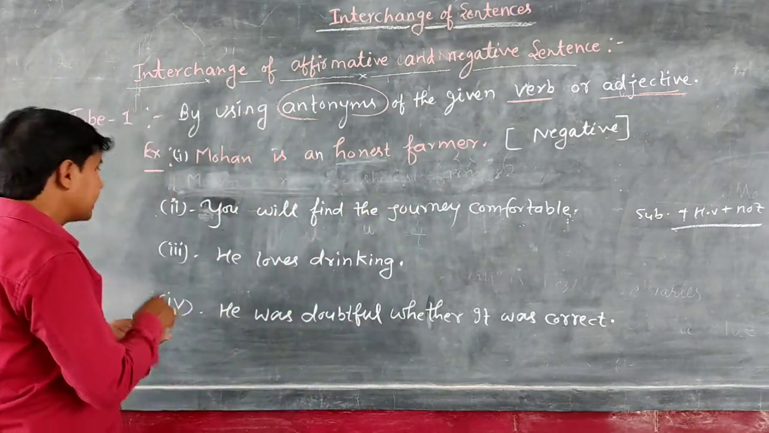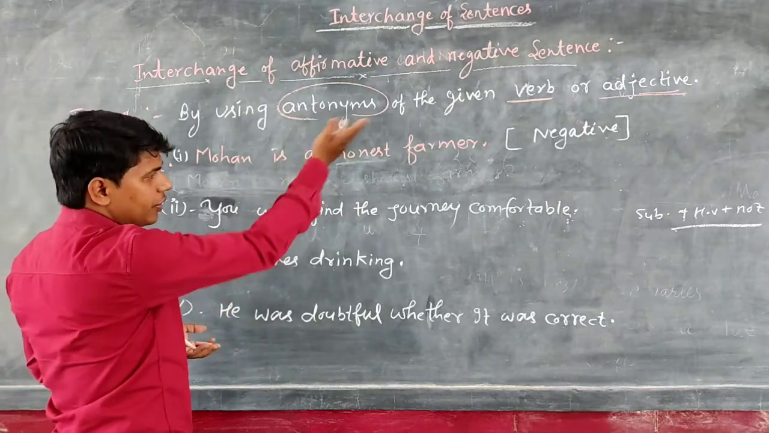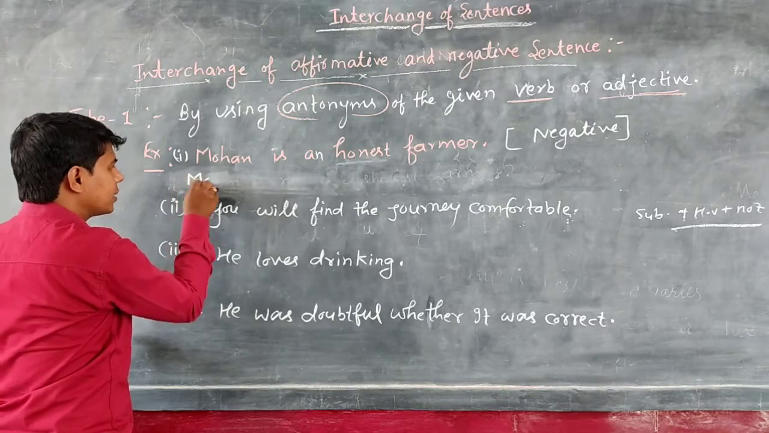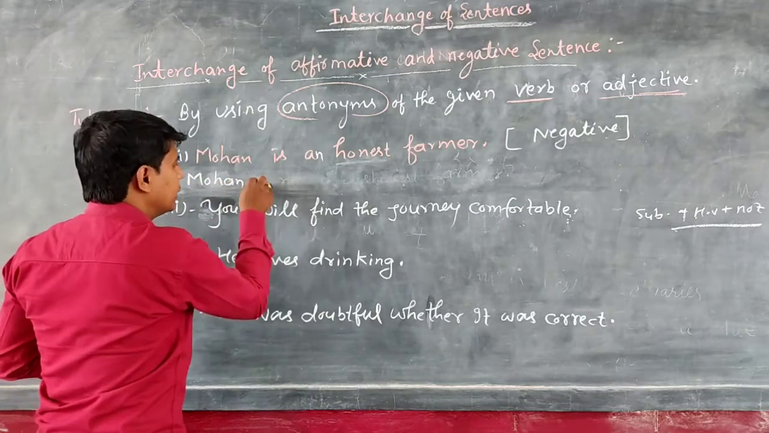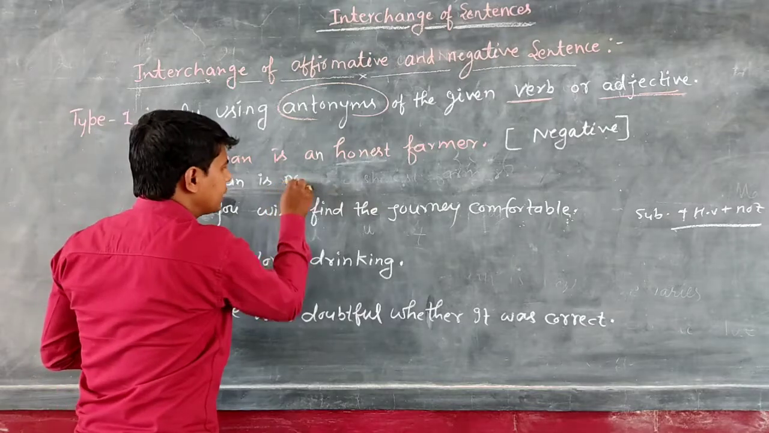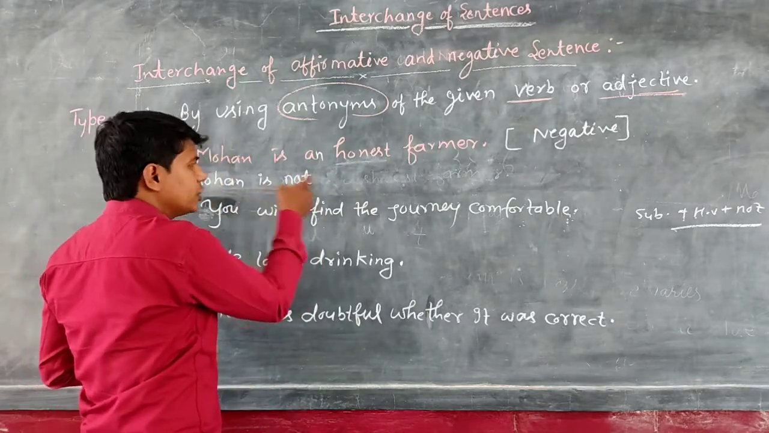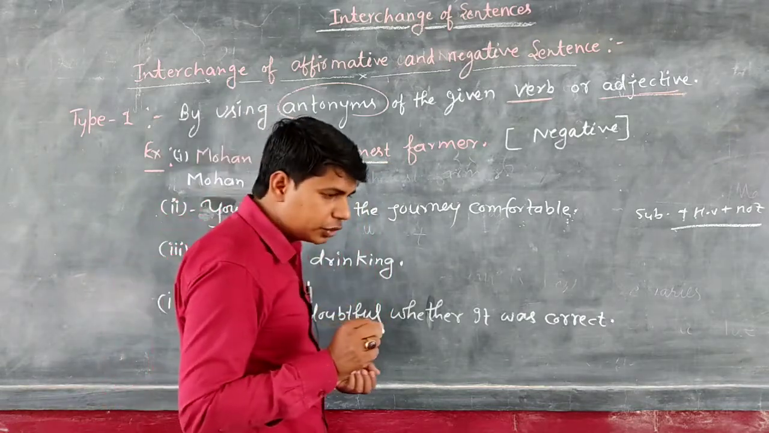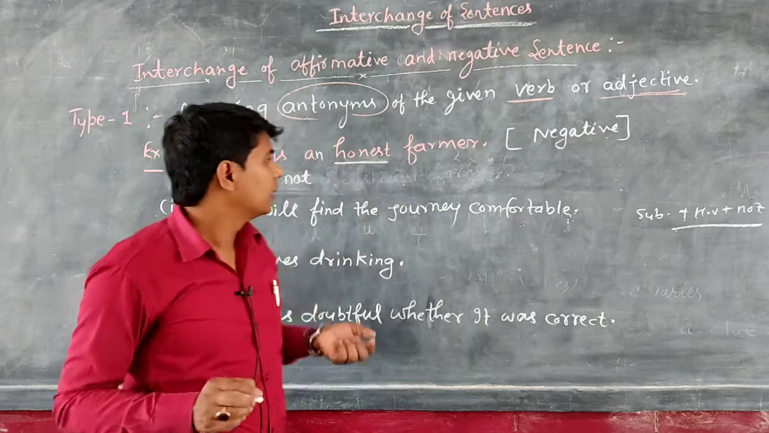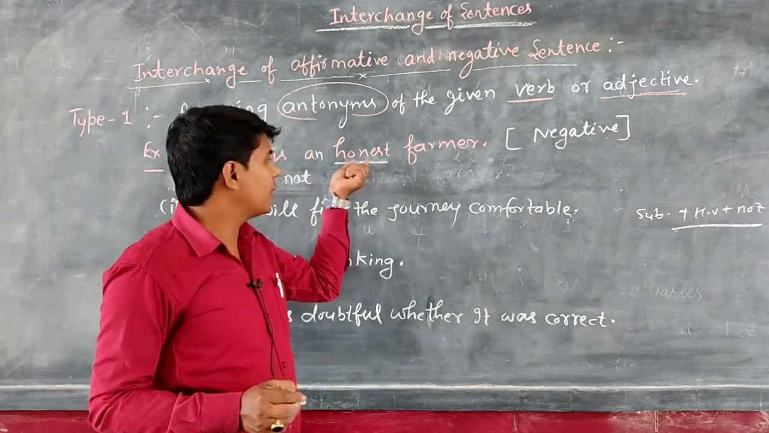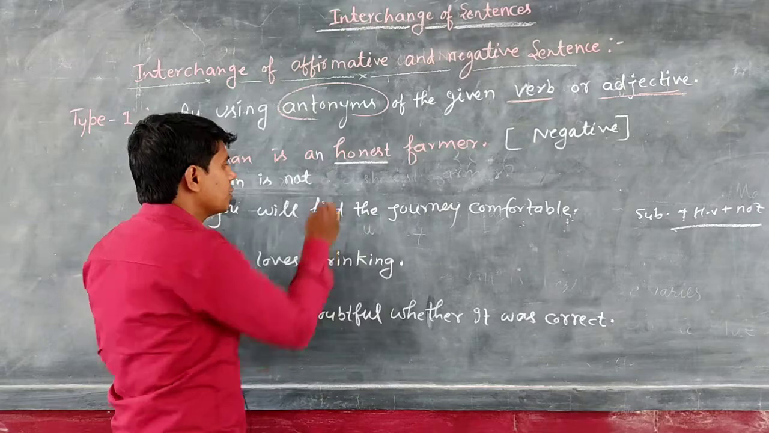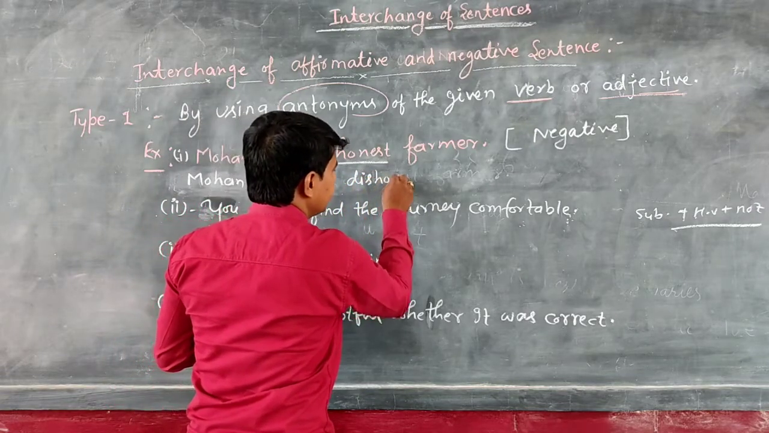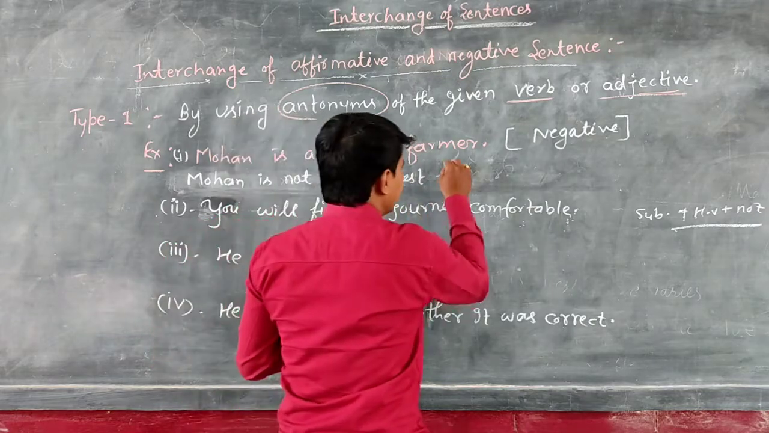Sentence number one: Mohan is an honest farmer. Let's change it into negative. What is the subject? The subject is Mohan. Then we use is and after that we use not. Mohan is not. Then honest. This is an adjective and I have told you we use the antonym of the adjective. What is the antonym of the word honest? Dishonest. So we write: Mohan is not a dishonest